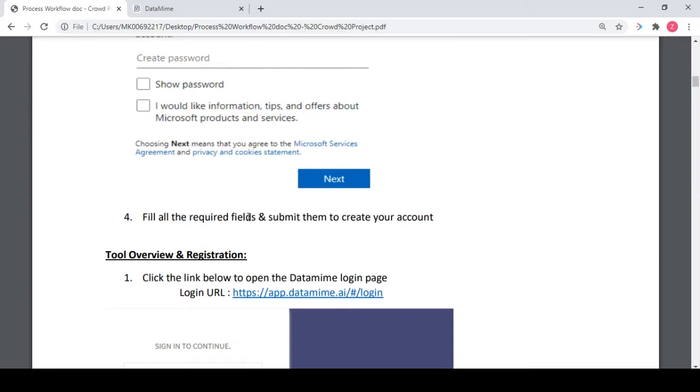This is the ID that you are supposed to use on DataMine as your secondary email ID. Repeating it again, it is very important for you to create an Outlook ID to get started working with DataMine. Now let's look at the tool and the registration process in the same workflow document.